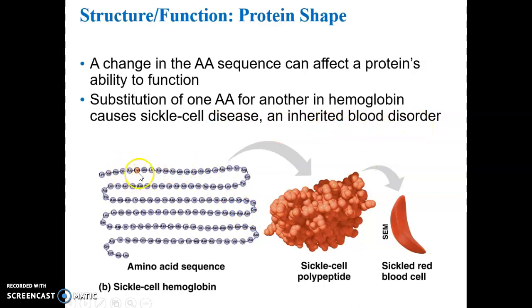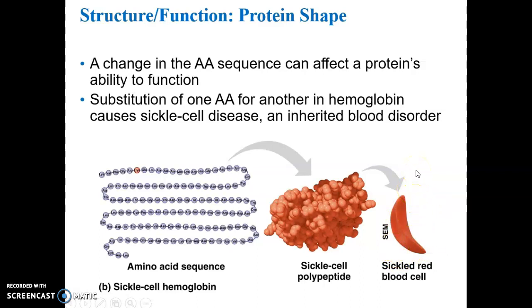So just one amino acid mistake can cause the hemoglobin molecule to be misshapen, and that leads to a misshapen sickle cell red blood cell that does not carry the same amount of oxygen